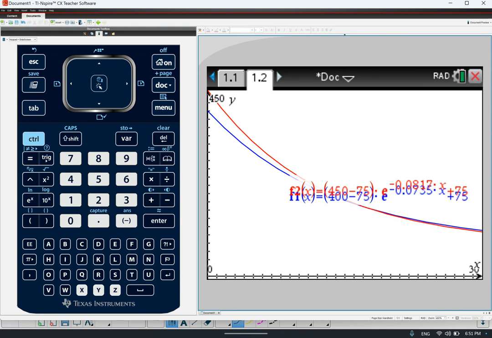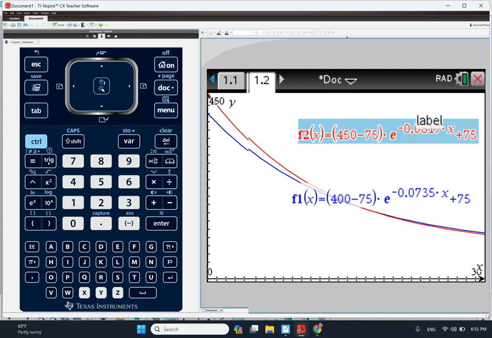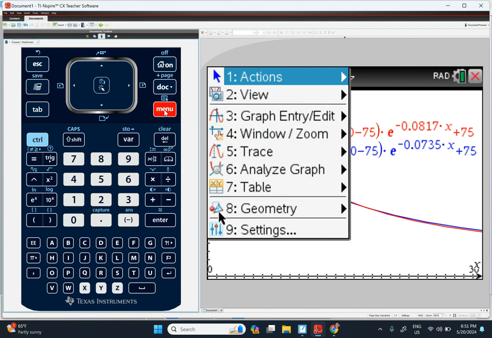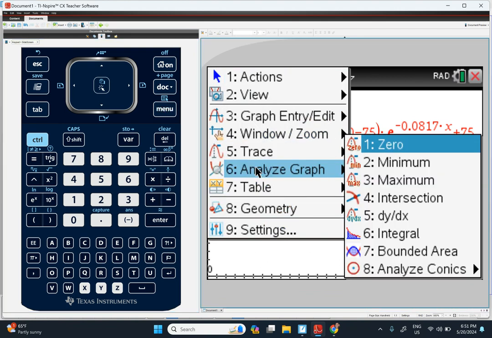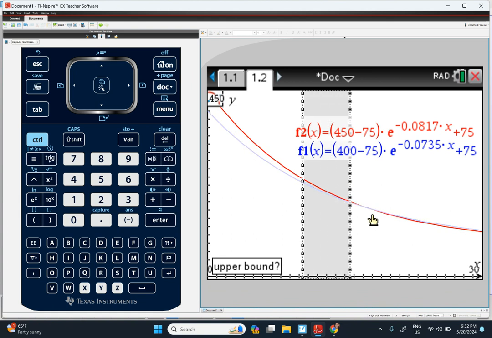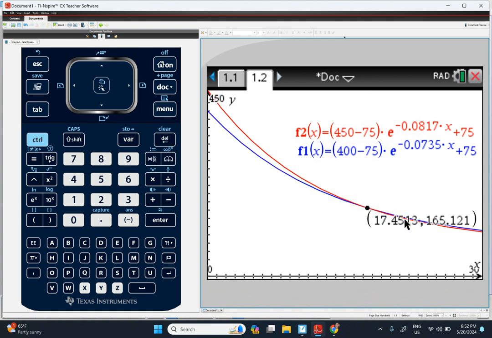And now you can see the equations. Now I'm just going to move my labels because they're in my way. And of course, I'm having trouble. And so now I want to find the point of intersection. So I'm going to hit menu, analyze graph, intersection. You want to be to the left, and it could be that far to the left. And now I shift to the right, and I see that point of intersection is